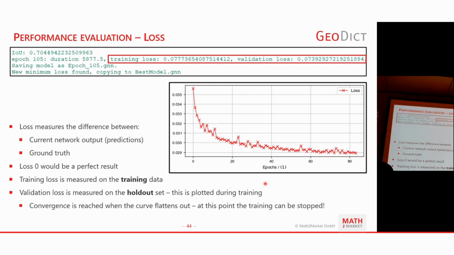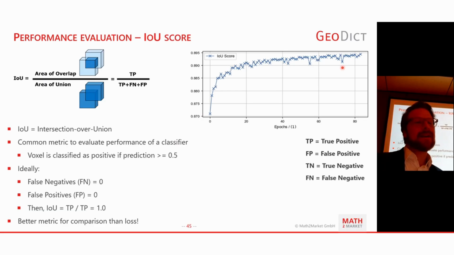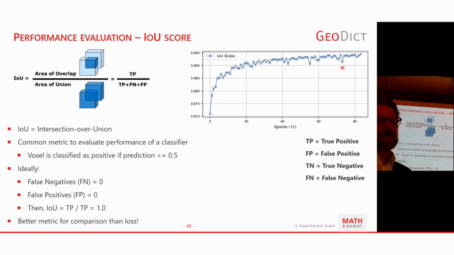Also for this purpose, the epoch shouldn't be too long because then you might have to wait a couple of hours when you click stop. And yeah, so this is actually the important number. The other number is the loss on the training data itself. That's not being plotted because that's not the number that you should look at. So we recently added the IOU score, intersection over union, which is a popular metric for characterizing a classifier, and that is also being plotted and output in the results.